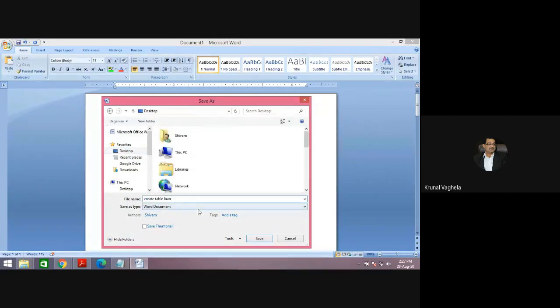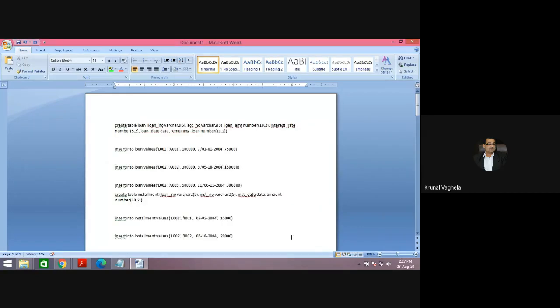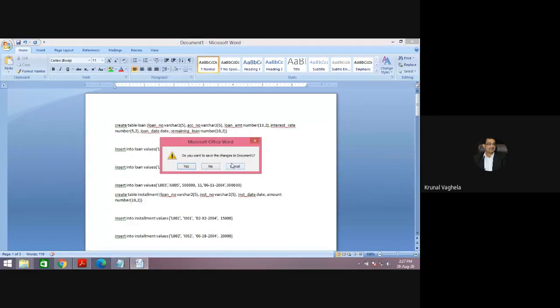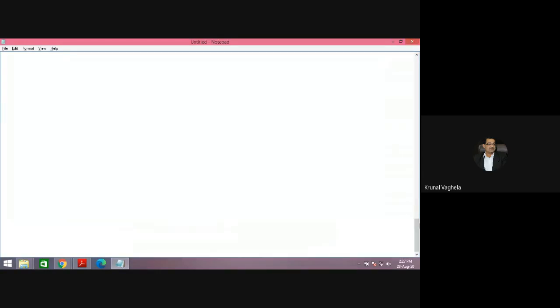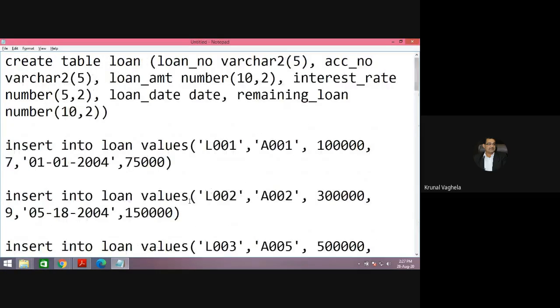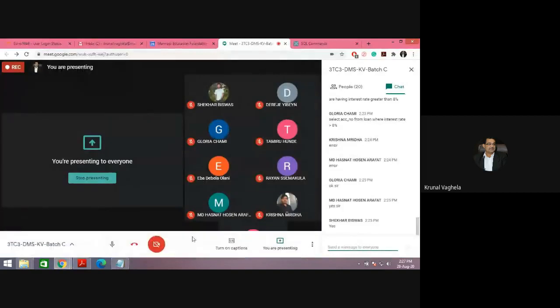For example, Gloria underscore 09019, something like this, and save, convert it into PDF and upload it into the Google Classroom. You need to submit it into the Google Classroom.